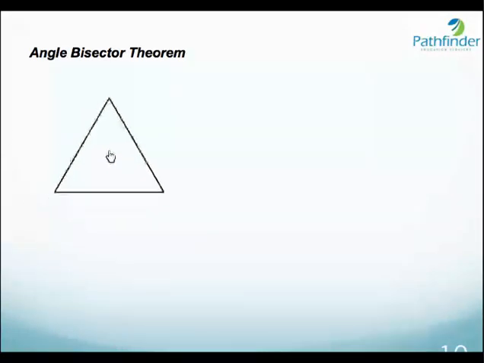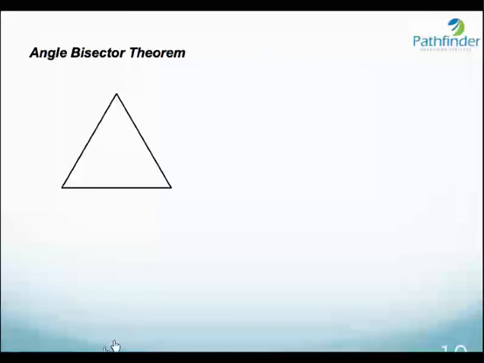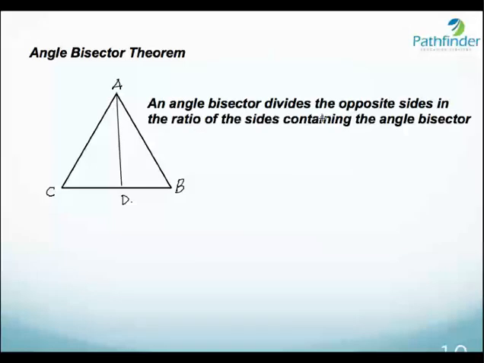Once again we draw a triangle ABC and we have an angle bisector AD. The theorem states that an angle bisector divides the opposite side in the ratio of the sides containing the angle. So in this case we will have AB upon AC is equal to BD